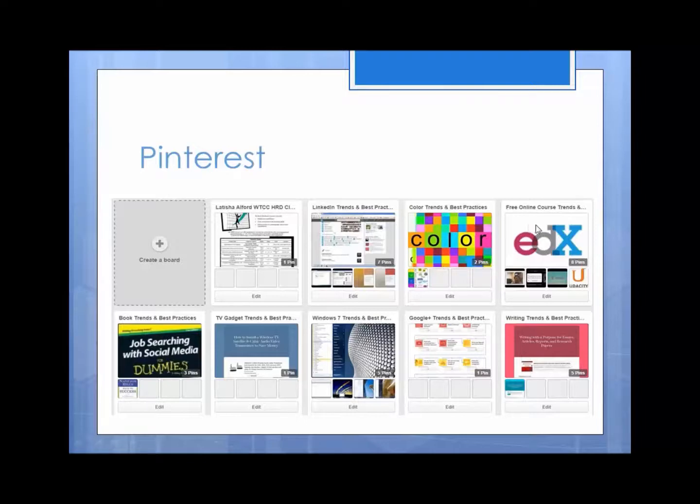There have been job seekers who need resources. And so what I've done is, in this board, the resources focus more specifically on online courses that are available at no charge to individuals wishing to further their education. And if I look at this area, what this is showing is their books and trends. So there are book trends and best practices, certain books that I read that I think will be really invaluable for job seekers. So I've created a board for that. And the list just goes on and on and on. So again, depending on the person's desire in terms of what they want to be professionally known for, and depending on the brand that they've mapped out for themselves, they can use Pinterest to make themselves visible.